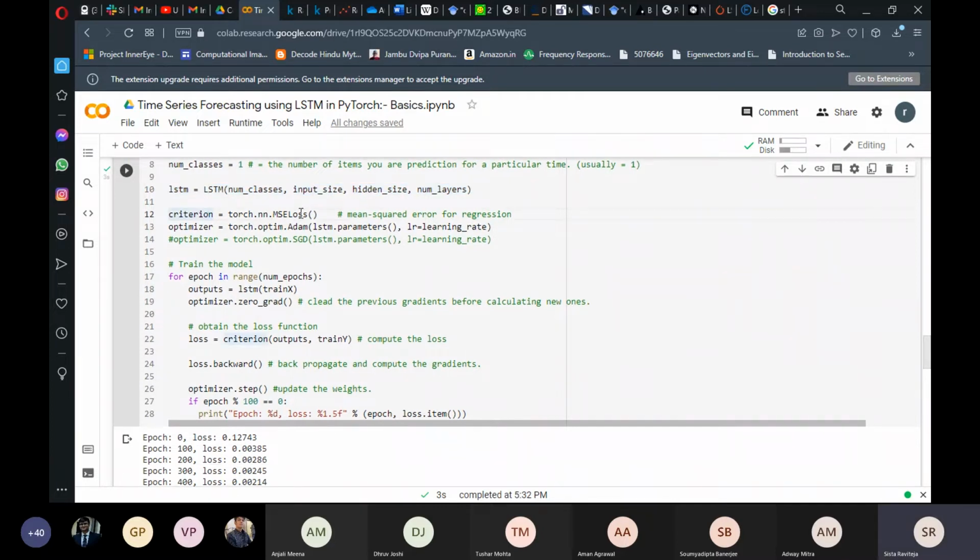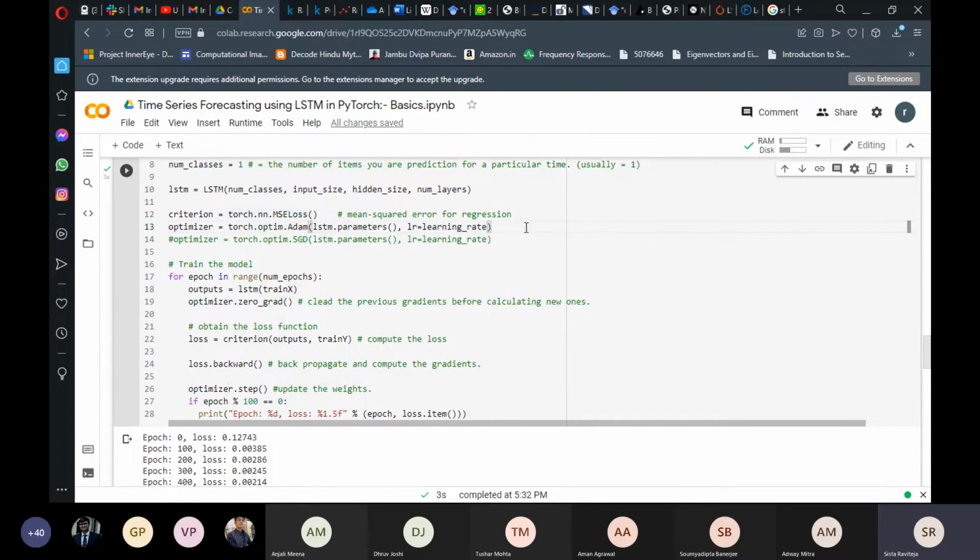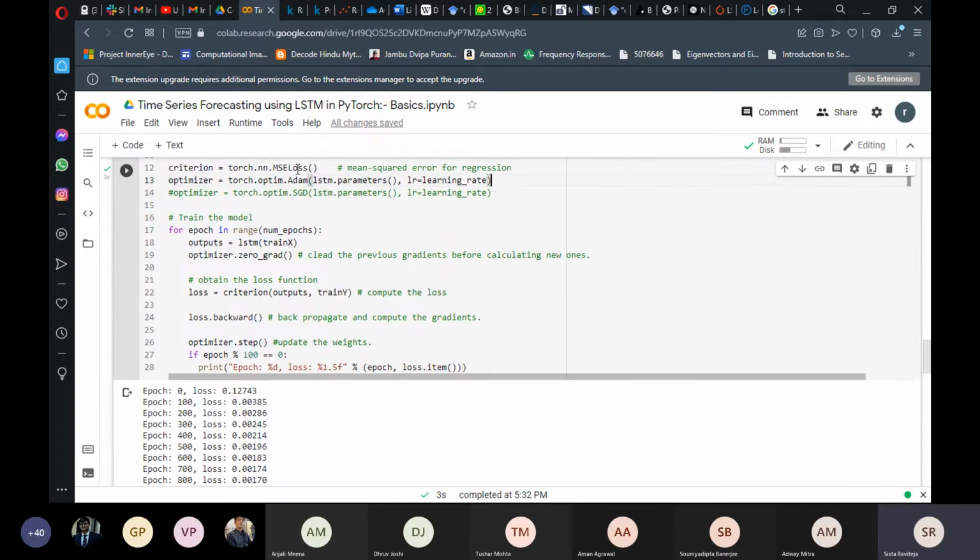Then we have the loss function, which is initialized over here. That is our mean square loss, since this is a regression problem. But based on the problem and what you're trying to predict, you can use different losses. There are a lot of losses in the literature that might help you optimize your network, and you can dig into what suits your particular problem based on what you're trying to optimize. Then we have an optimizer that comes up.